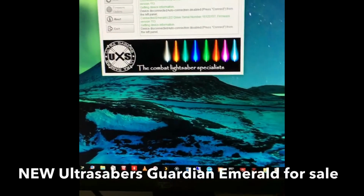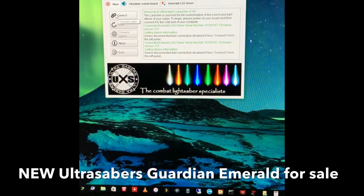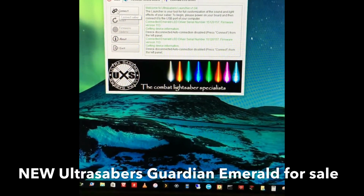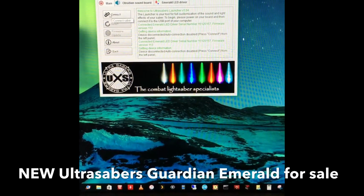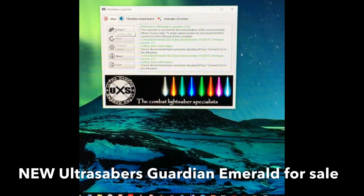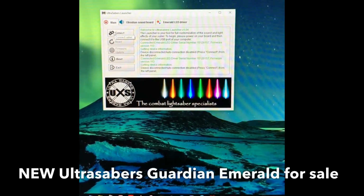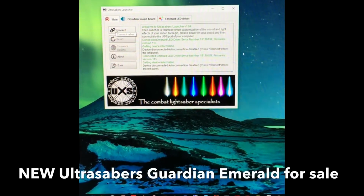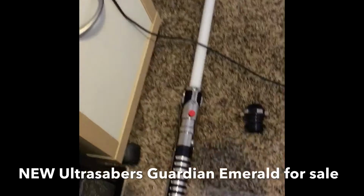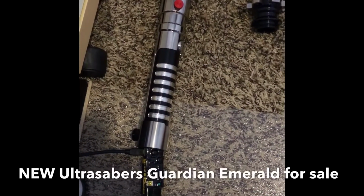This is regarding the Guardian Emerald Saber from Ultrasabers that I'm selling on eBay. This is a walkthrough to show you the full functionality of the Emerald Saber when it's connected to your computer, to be able to change blade color and sounds on the saber itself. And I'll show a walkthrough here in a minute of the actual saber too, but